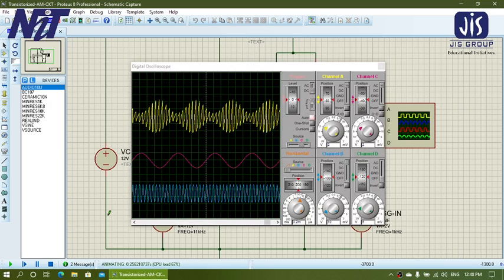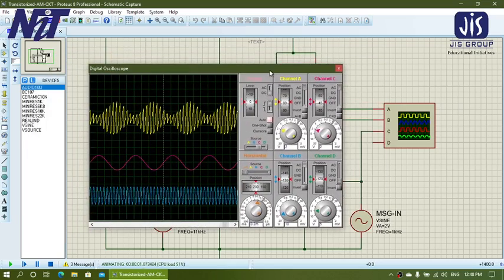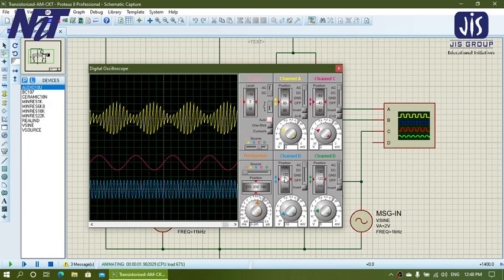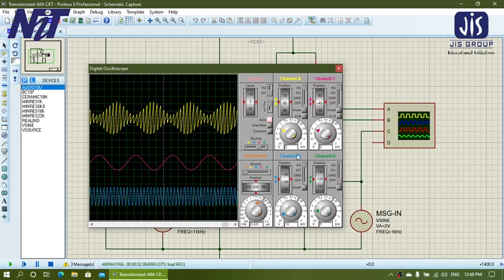Now here it is, this is your carrier in blue color, this is your message in magenta, fed into channel C, and carrier has been fed into channel B. Okay, from this button you have to scroll to change the position of the waveform vertically.